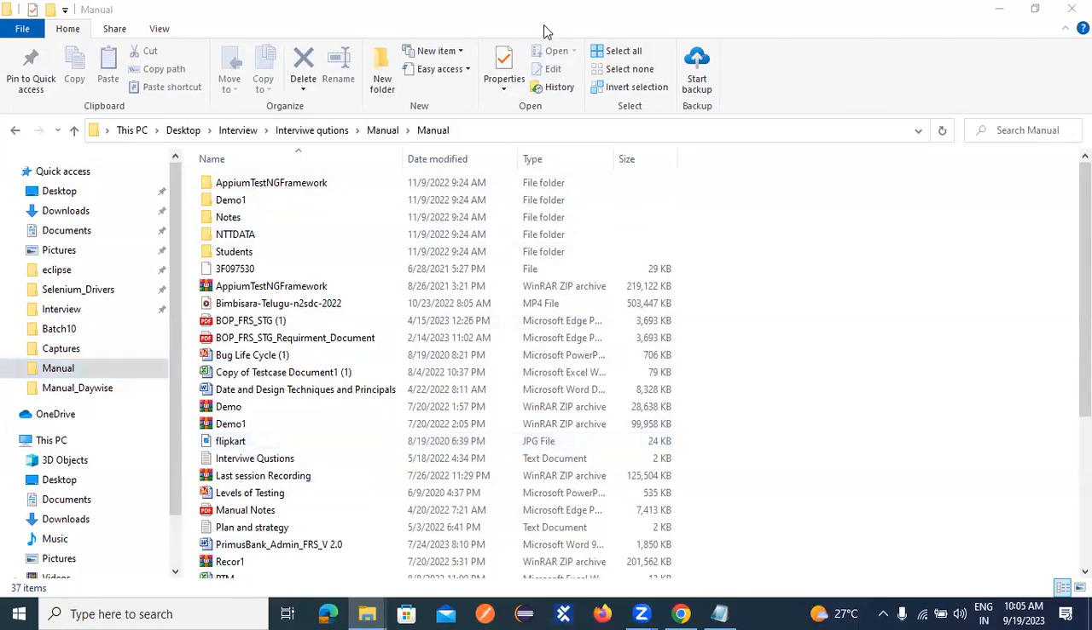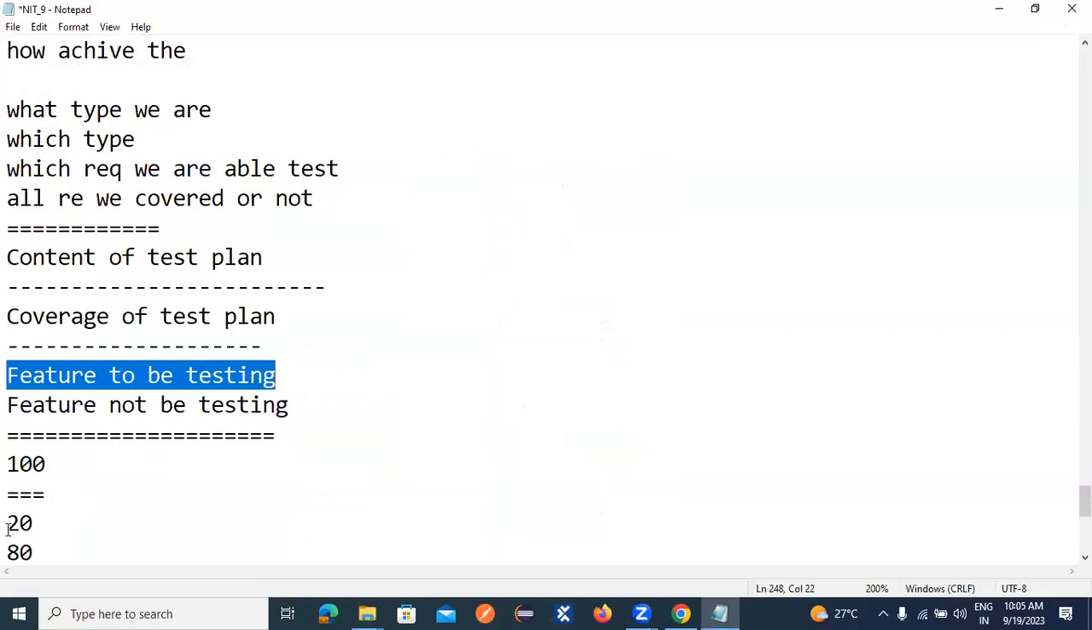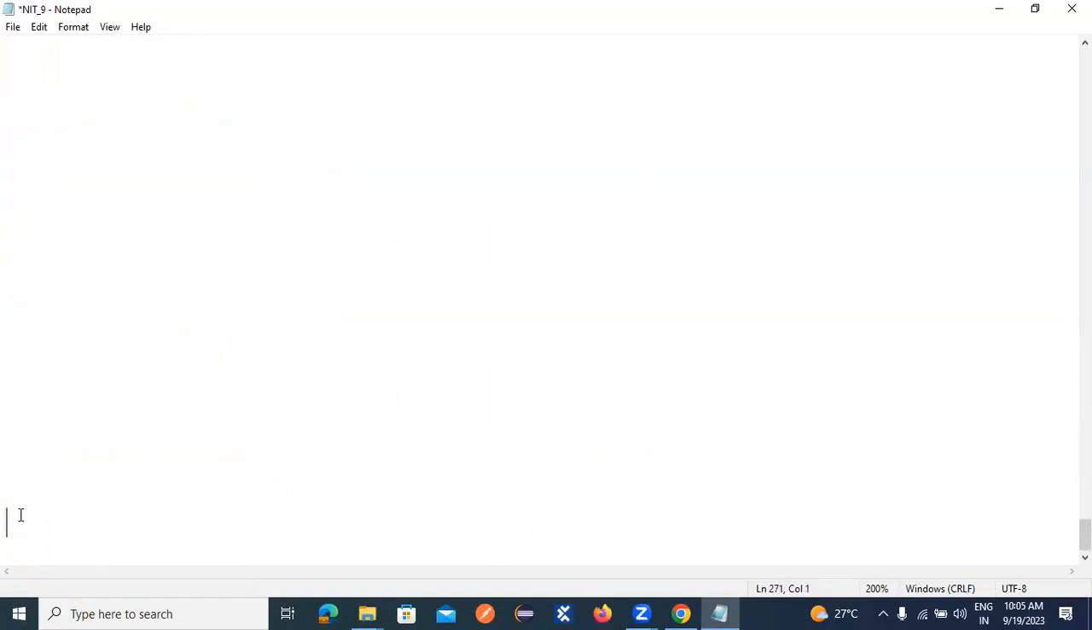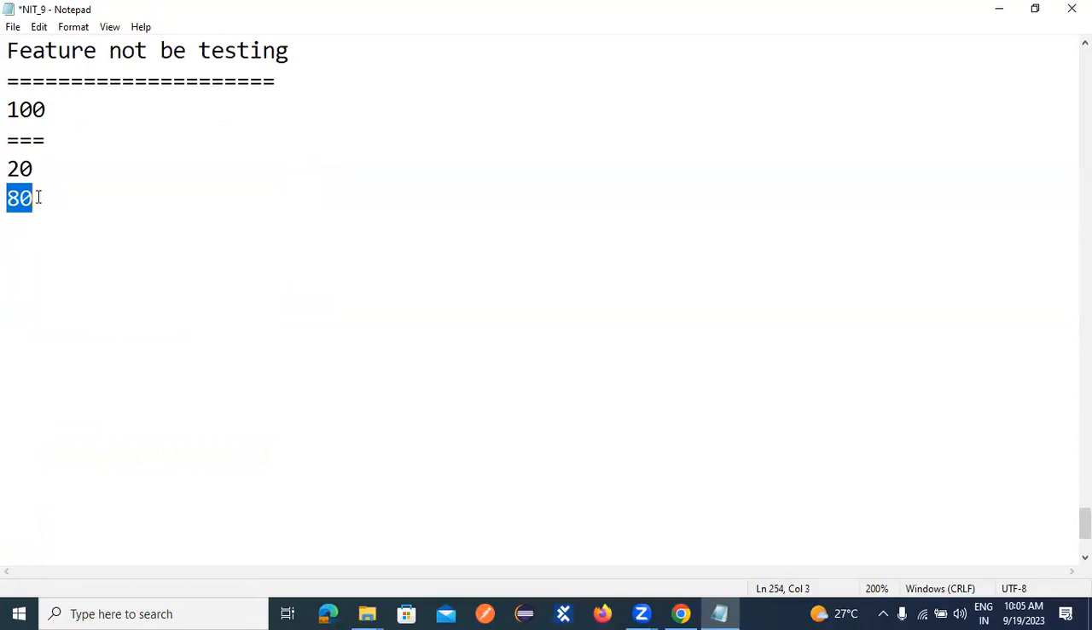Online guys, feature to be testing is nothing but which requirement we are able to test through manual, that is manual testing. Which requirement we are unable to test without manual, that is automation testing. Is it clear now? This is what we call feature to be testing and feature not to be testing. The next one,